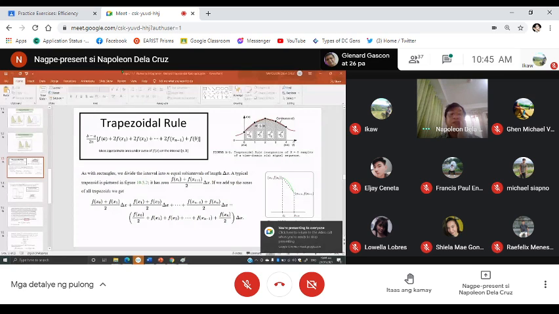Anong ginagawa? Simple lang yan, yung integration natin, sinosolve natin ang area nito using integral. Excuse me, using integration. Ngayon, gagamitin natin ng